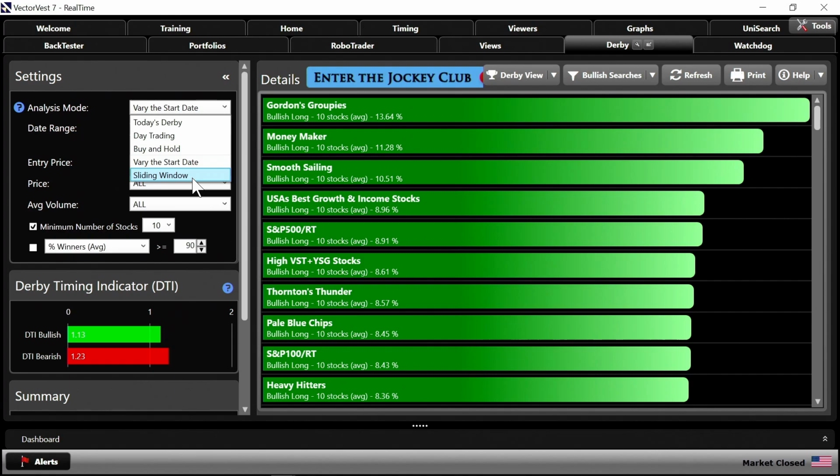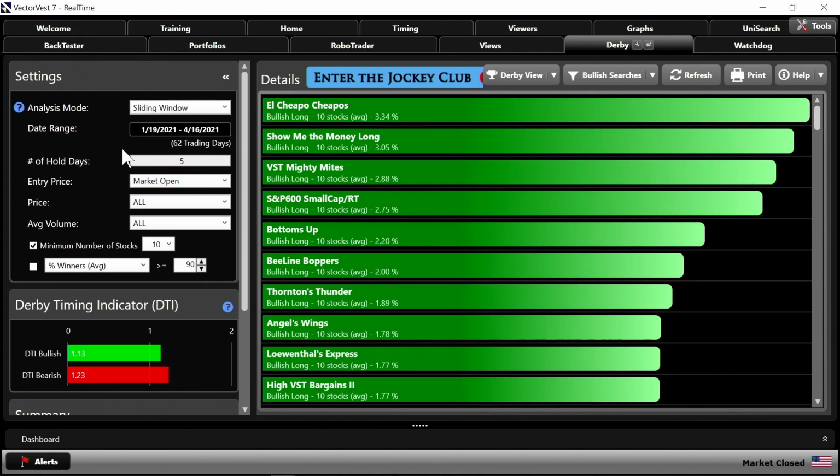So what we're going to do is use this other analysis mode up here at the top called sliding window. And I would call this the acid test, actually. If there ever happens to be a tie or something, this is the one that we lean on, because now we're just holding for 5 days. There's a lot of importance here, but the main thing I want to get across is that the other statistical data set has a natural market bias in terms of direction. In other words, if over the 3 months that you're looking at, the stock market did nothing but go up, right,